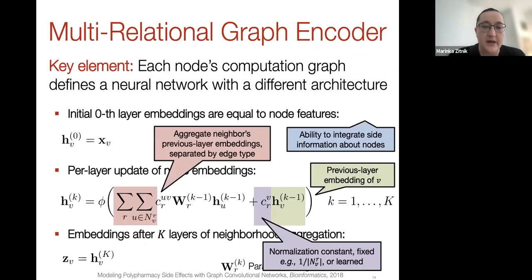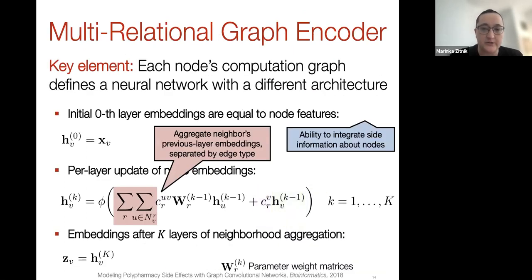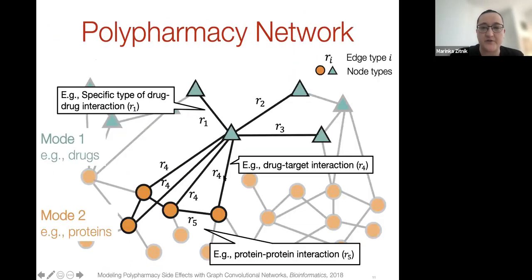Yes, we have. So in particular, each of the nodes here have their own initial feature vectors that allowed us to integrate side information about drugs and proteins in the graph neural network. And for proteins in particular, we constructed binary vectors where each dimension was a particular molecular pathway, and those binary vectors indicate whether a protein is a member of the pathway, yes, no. And those vectors were constructed for each and every protein.